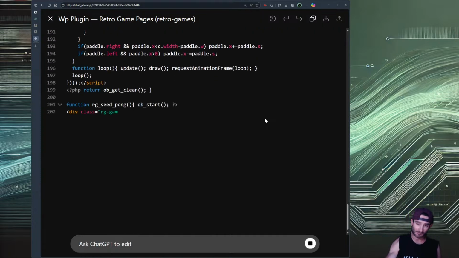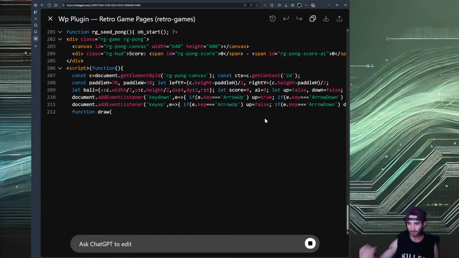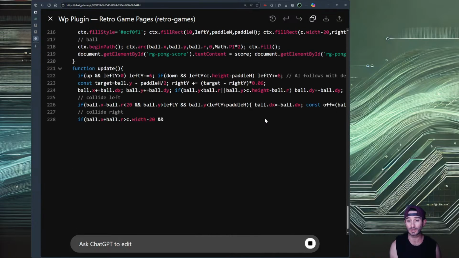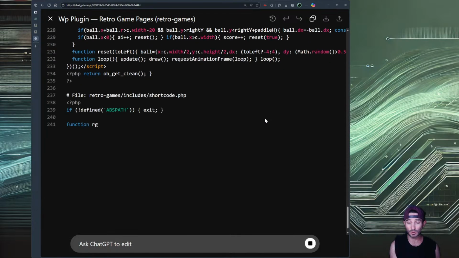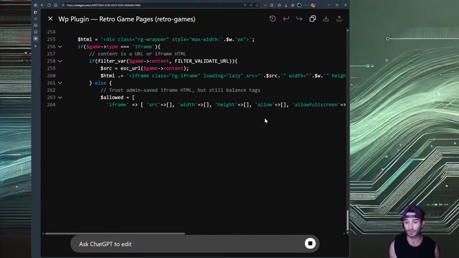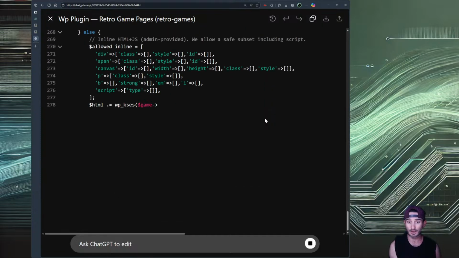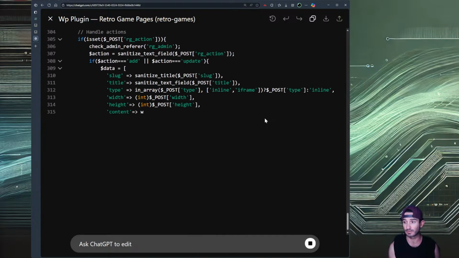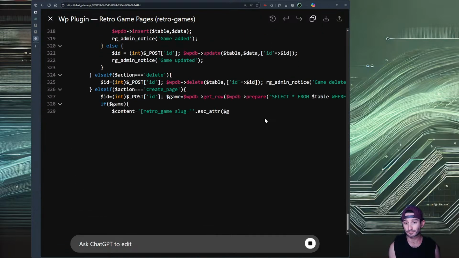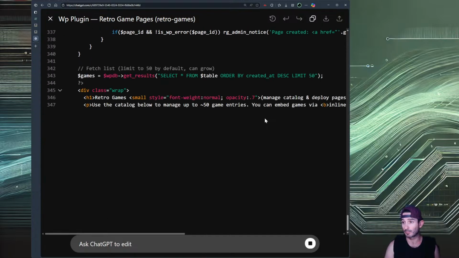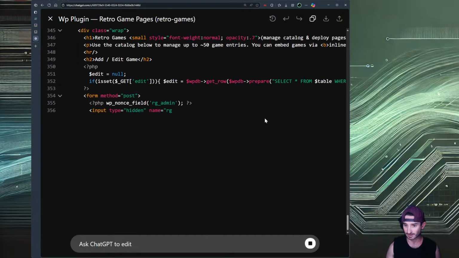So, taking that a step further now, I'm asking GPT-5 to build me a WordPress plugin that will allow me as the WordPress admin user to deploy games. I asked for an upper bound of 50 available options. Games that the public could play.